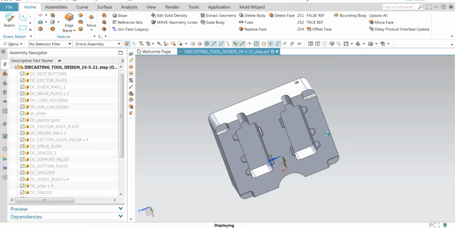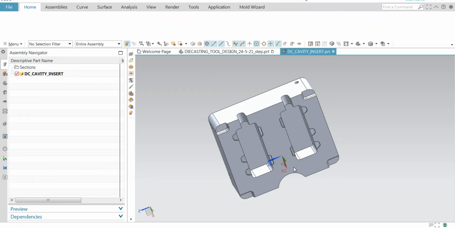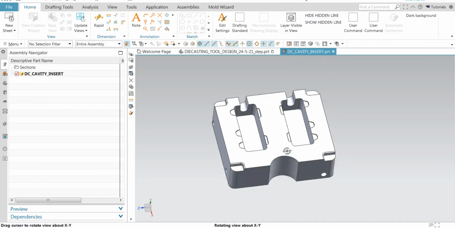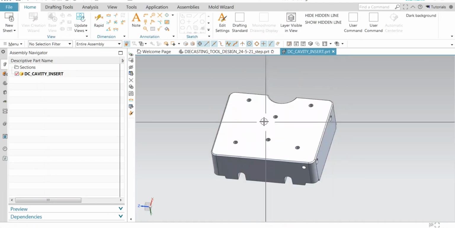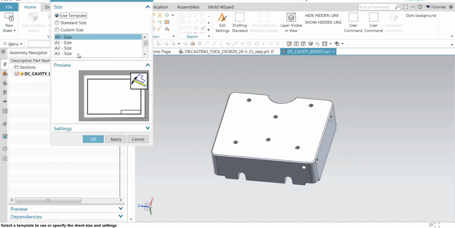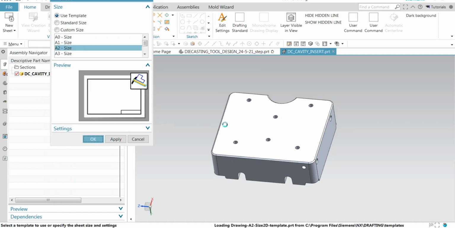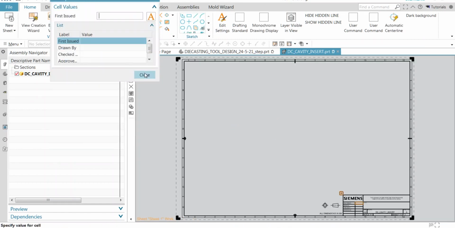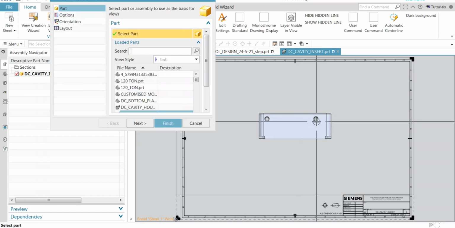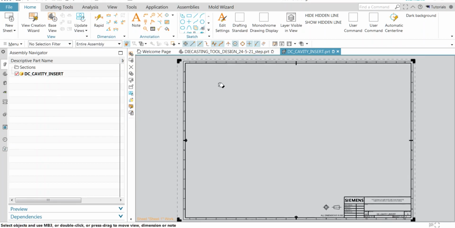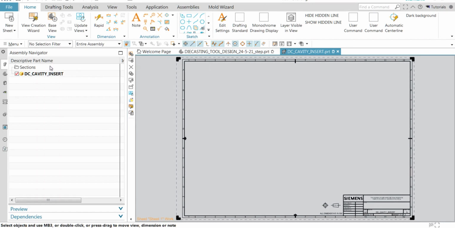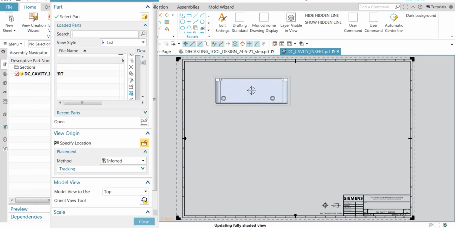For that I have a die casting die. I am taking out its insert. Okay, I am moving to the drafting application. For that I am pressing Ctrl Shift B and I am moving to a template. I am choosing a bigger template. You can choose whichever, and this trick is going to apply mainly on your standard. So here there is no role of a template. Okay, and I am taking a view.